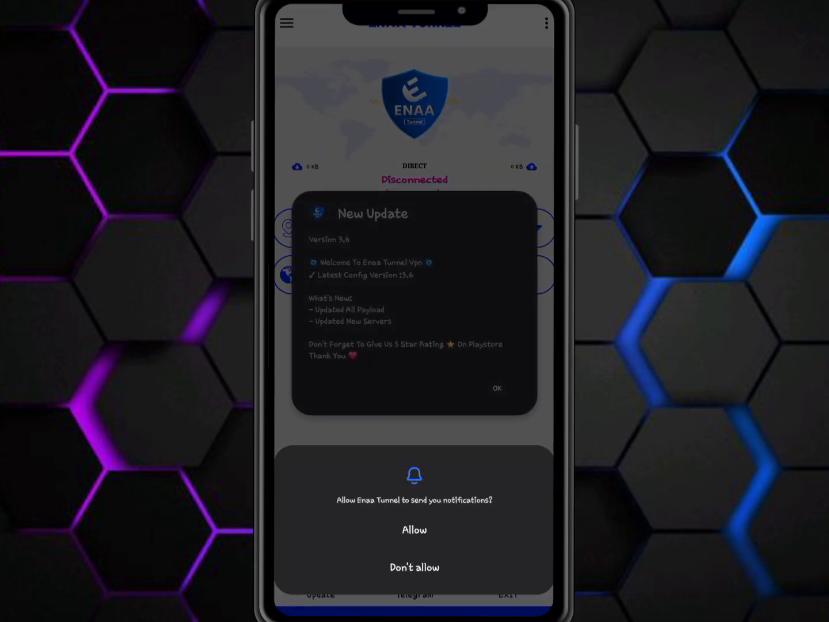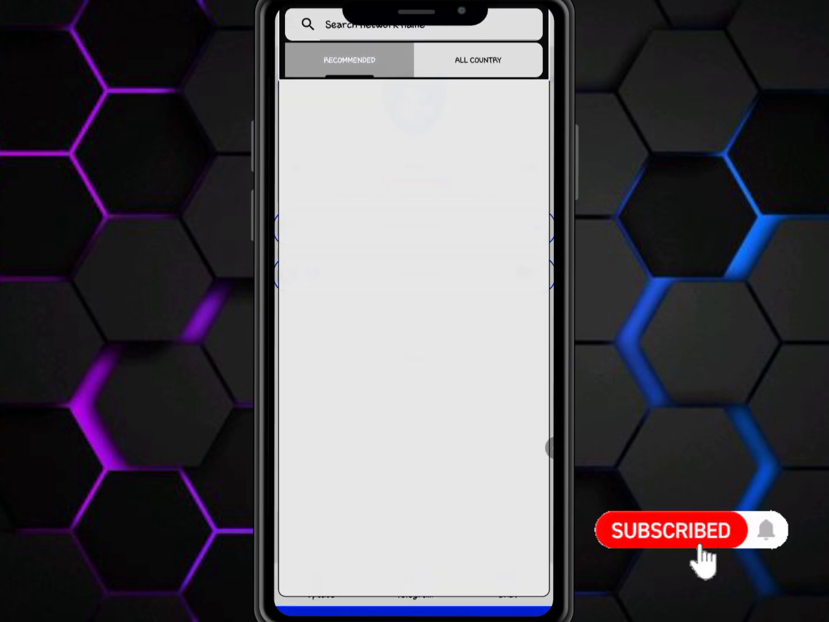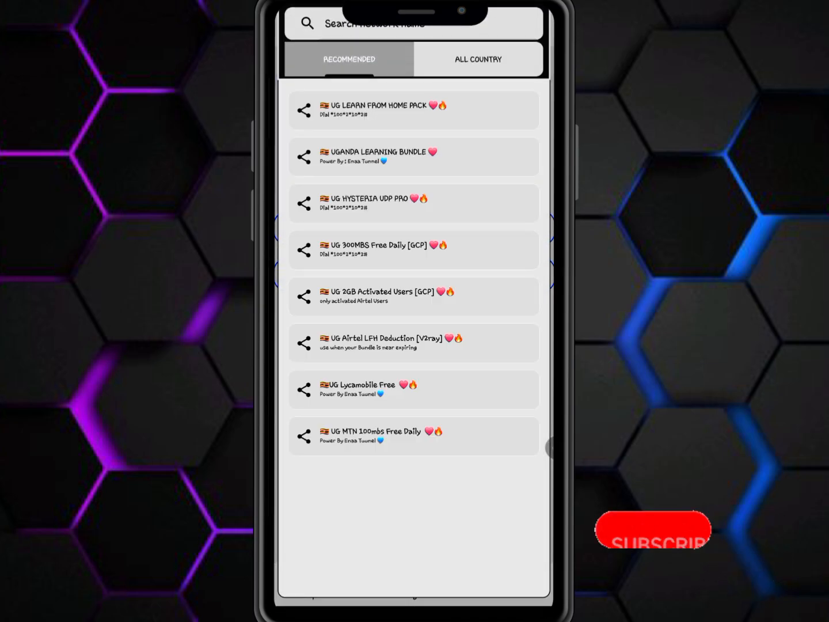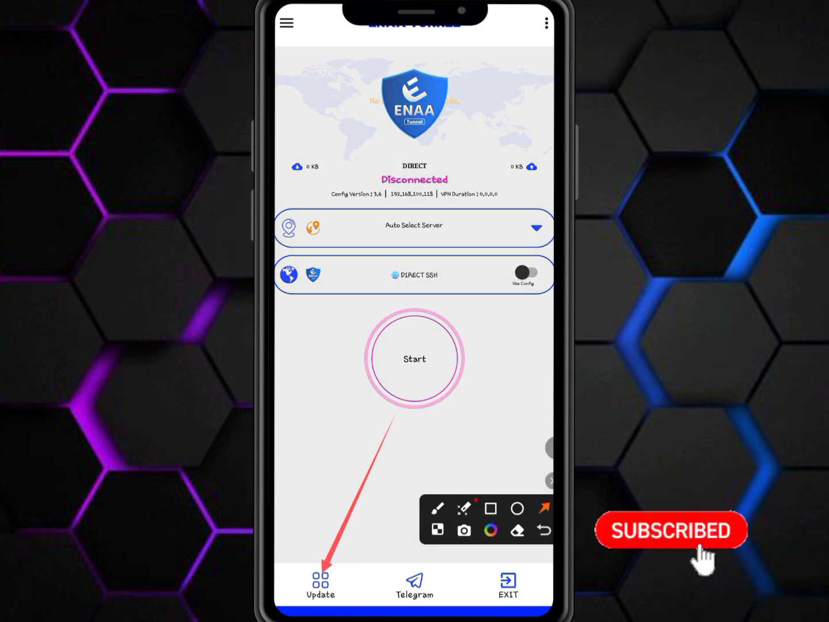So allow all the required permissions, most of all the notification permission, and then you'll be able to see the new update. This one, new update. And then I recommend you check OK, and then once you check OK, this is what will be next. So after opening this application, you're first going to tap where you see update, where I'm pointing. If you are able to see the screen overlays, check where I'm pointing, and then follow the procedure step by step,